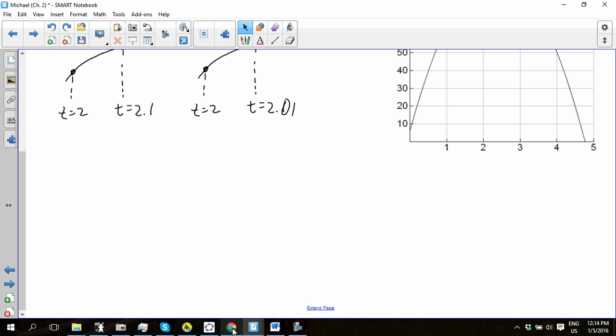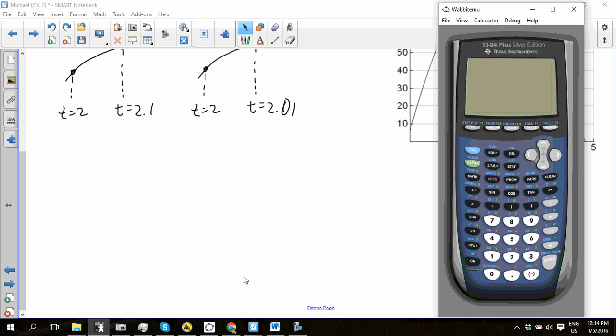So here's what I'm going to do to model this with the calculator. In Y2, I'm going to type in Y1 of 2 plus H. Let's see, we'll make it H. Where's my H? H is right there, above log. Oops, that's an N. H, there it is. Minus,